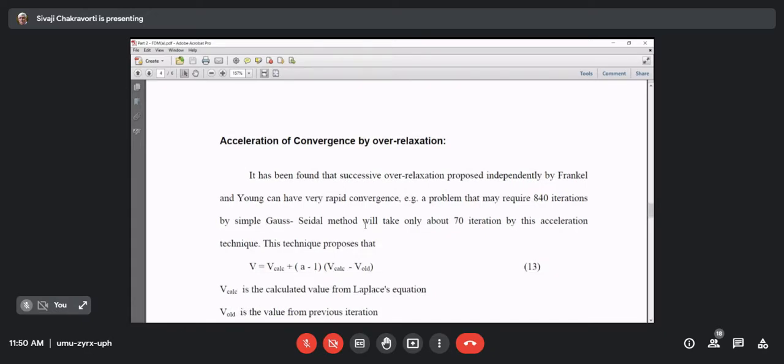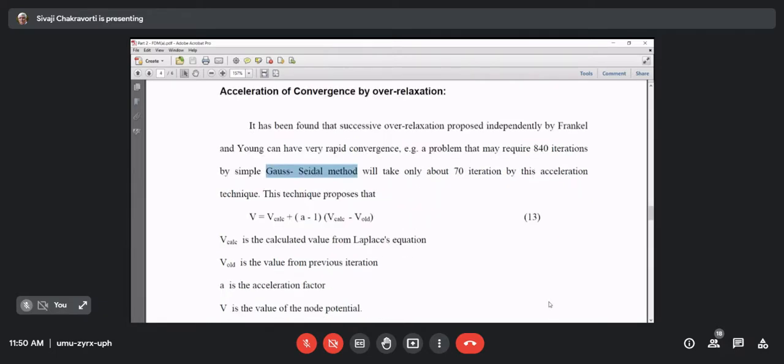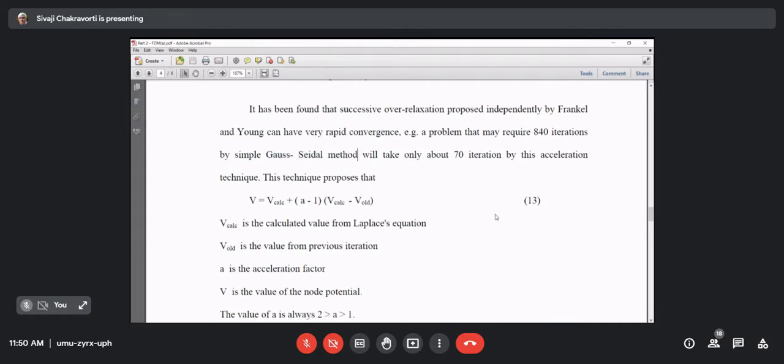Now, typically, we go for the iterative methods. There are quite a few iterative methods, but most commonly we use the Gauss-Seidel methodology. In that Gauss-Seidel methodology, if you are aware, that's fine. Otherwise, just have a look at that. It's always starting with assumed values of the node potentials, and then through an iteration we reach the final value.